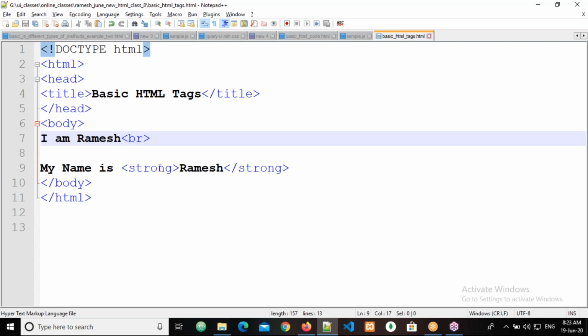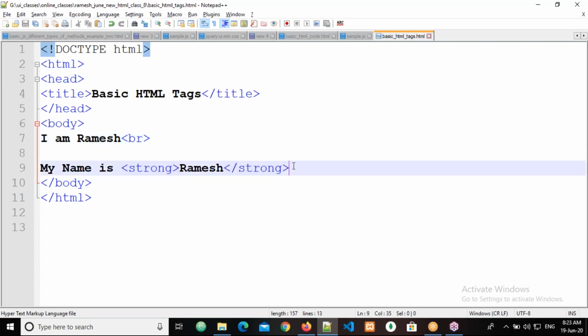Understand, right, everyone? Please respond. What is the advantage of the BR tag and what is the advantage of the strong tag? Yes, sir. Other persons, please respond. Dilip, Ganesh, Giribabu. Yes, sir. Manoj, Jaina. Yeah, strong is to bold the word. Bold the text. Right. This is the advantage of the strong tag.